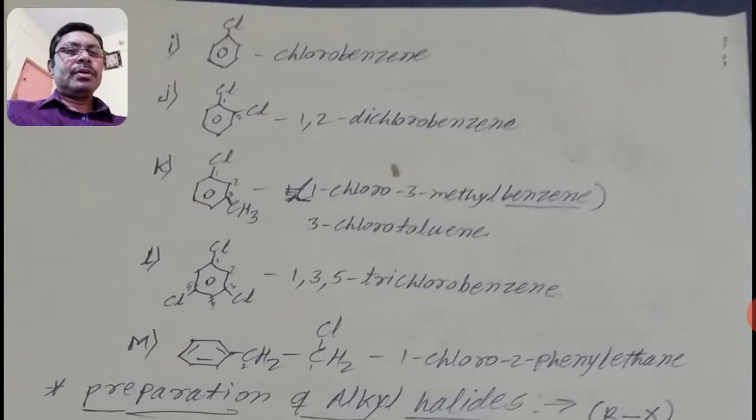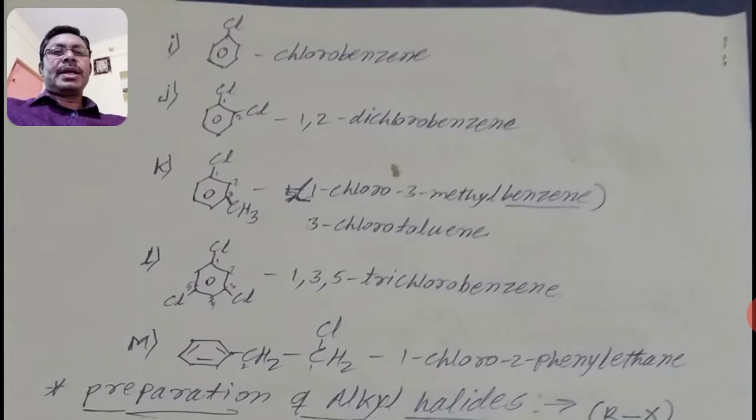In the previous video we discussed the IUPAC nomenclature of only aliphatic compounds, with examples that contain only aliphatic compounds. In this video we will discuss the IUPAC nomenclature of aromatic rings, or haloarenes. That is the remaining example.